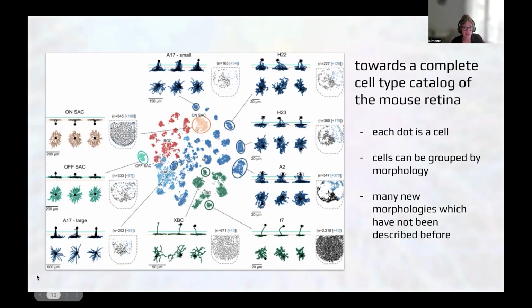So what you see here in this figure are a lot of cells in Eyewire 2, I believe almost 20,000, that we have already looked at. And each point here is a cell, and it represents a summary of its morphology in a two-dimensional visualization. What you can see very clearly is that cells form very distinct islands. So they really form groups that look significantly different from other cells. There are some examples here, such as the on-starburst amacrine cells and the off-starburst amacrine cells that you are